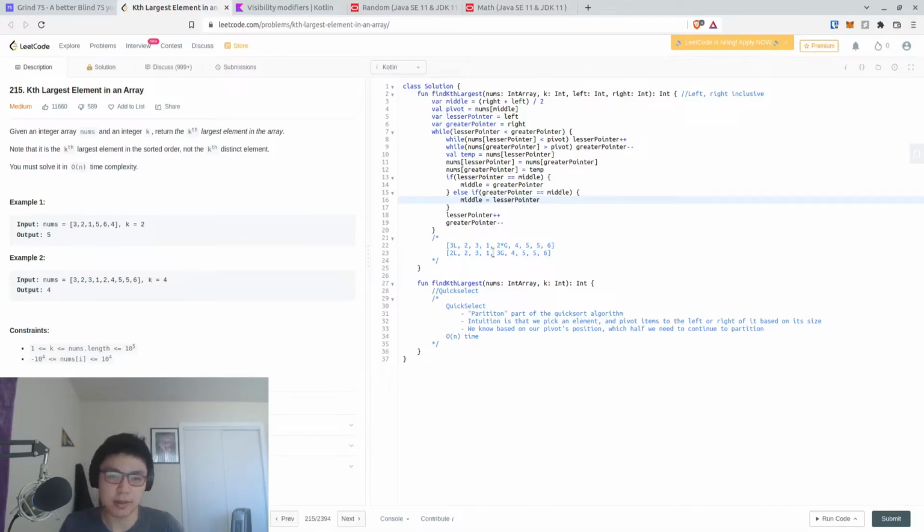The idea is that if it was in one of these pointers, then we should keep track of where it is, right? So now our middle pointer is here. And then we move up our left pointer and move down our right pointer. And since this less is still less than right,